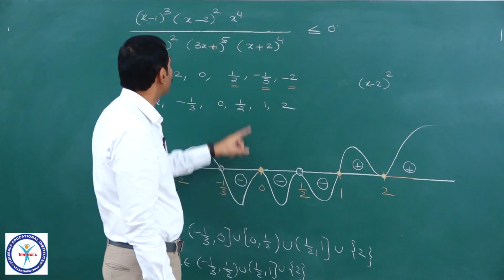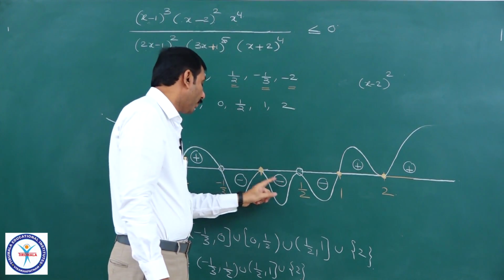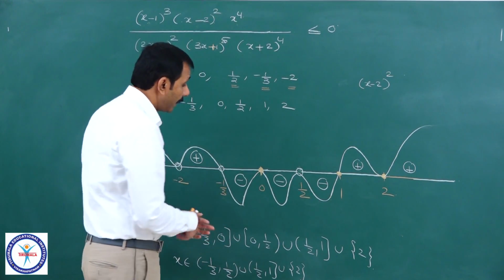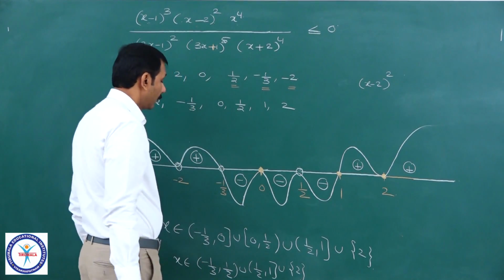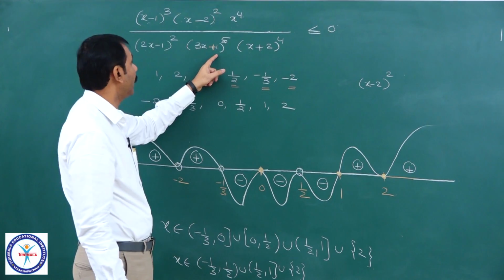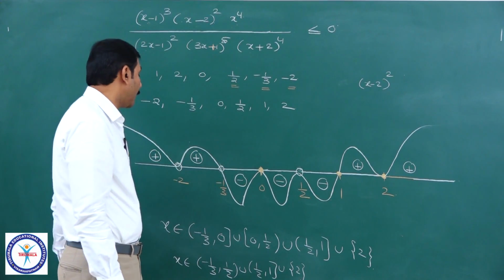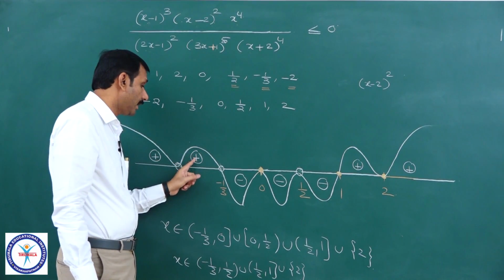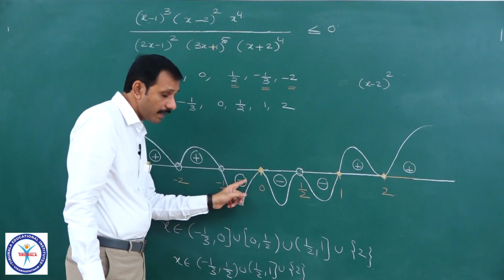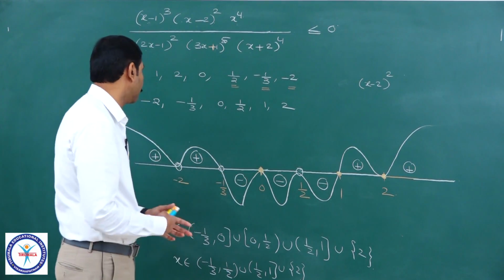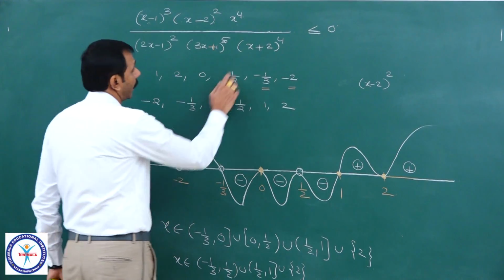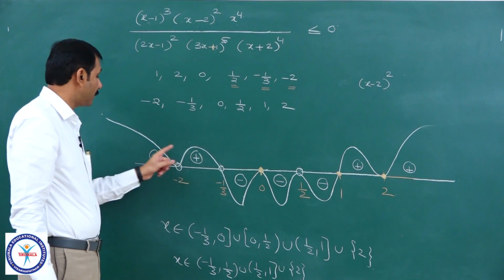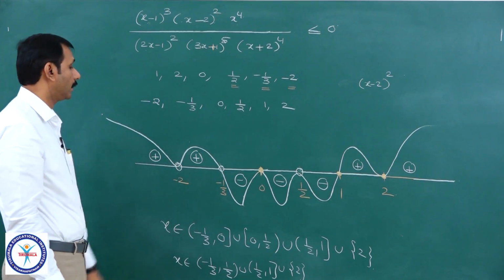And next, 0, you see, power even, therefore both sides of this 0 the sign should be negative only. Because here negative, it should be negative. And next, minus 1 by 3, if you take, what is the power? Odd. Because the power is odd, here minus means the next sign will change. Left side plus, right side minus. And next, minus 2, if you take, whole power 4 means even. Therefore, the right side is plus, so the left side also should be plus only.